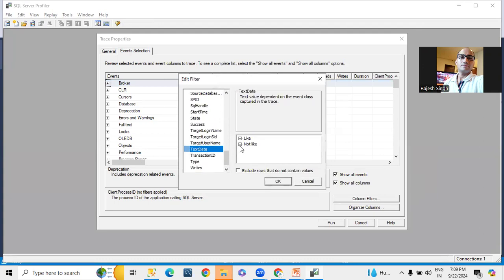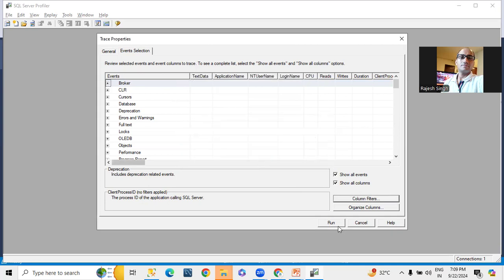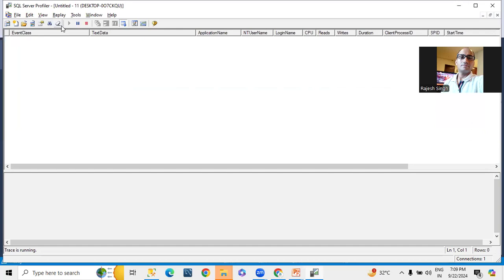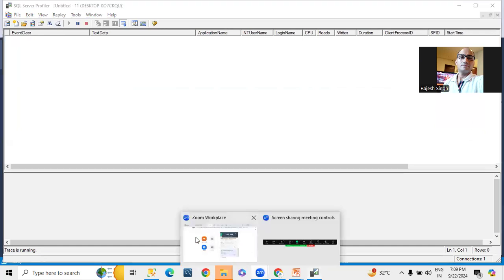Text data like this procedure. Let me paste this procedure. I know the procedure, maybe I don't know the prefix, I know some suffix. And if anything executes with this specific procedure, they will capture automatically.